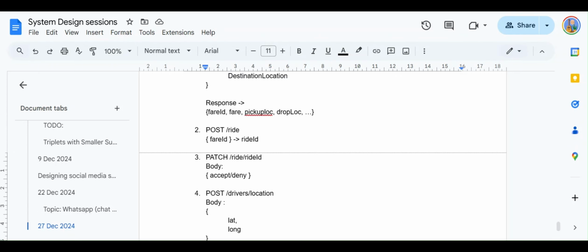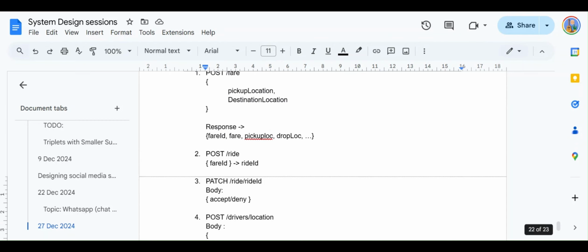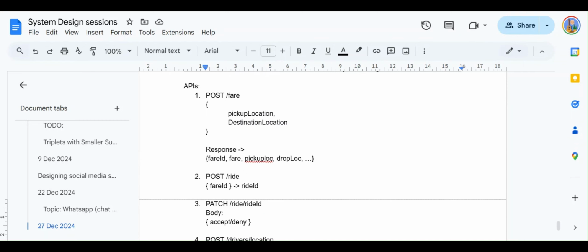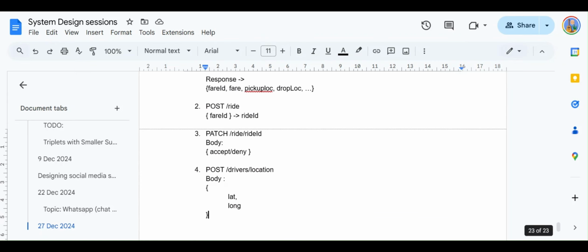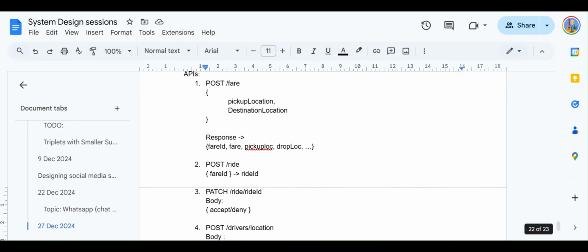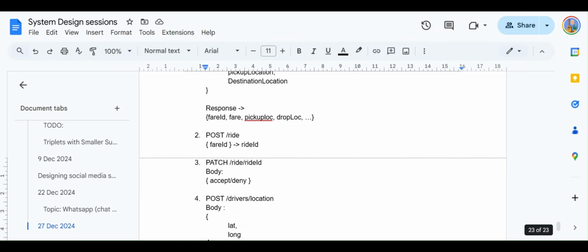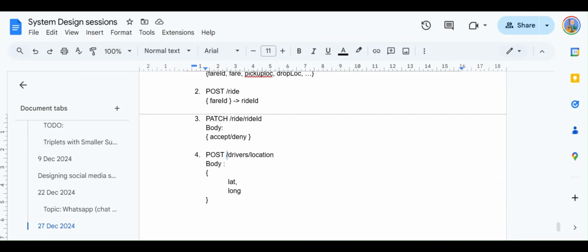Okay, one more question to all of you. Let's see if you guys can think about it. It's a design problem and it's a security related aspect. So one question is that over here, let's say I am sending a POST request driver's location. I have not mentioned over here the driver ID, right? I could have actually mentioned a driver ID like this and then put a location, right? Do you think this is a good design, or a bad design to put a driver ID here?